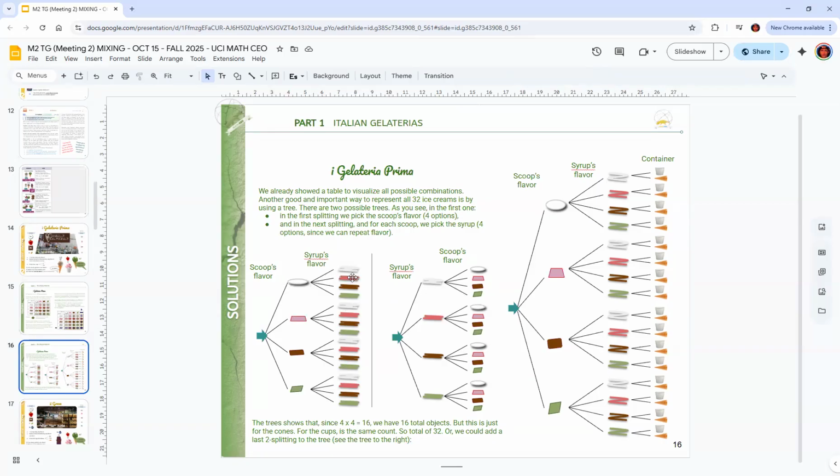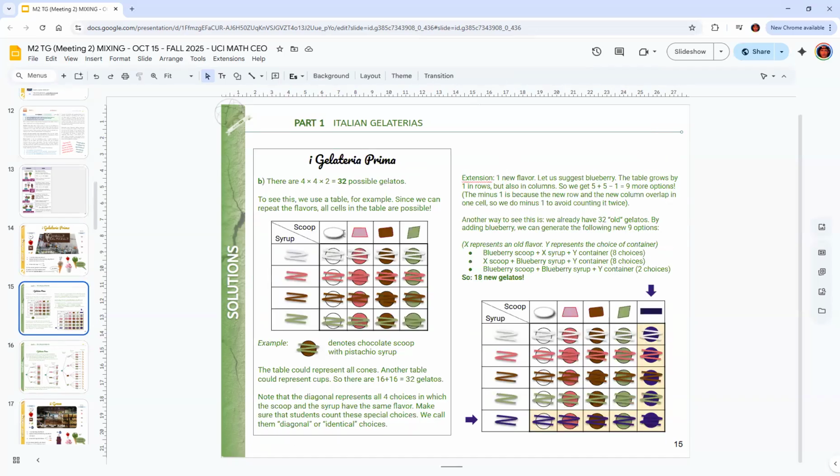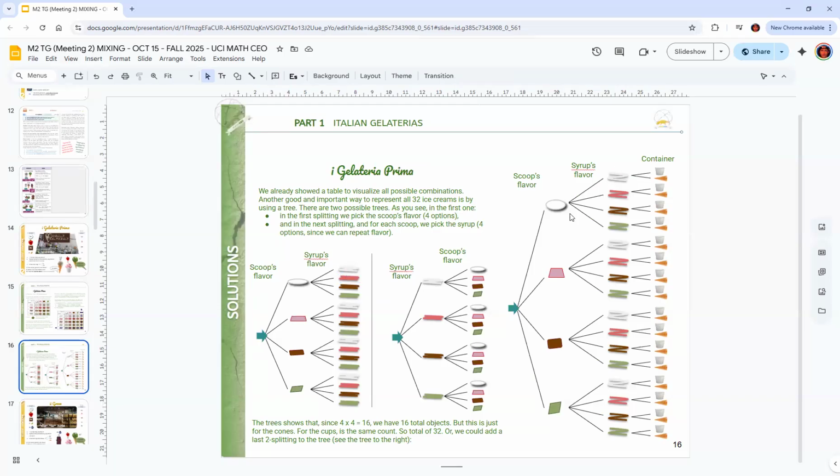For example, this branch here, it's here. It's not the same as this one, because you're switching the flavors of scoop and syrup, and that's important for a human, right? When they eat. Here's a nice thing about the tree that the table you couldn't really do, because you would have to be like a 3-dimensional table somehow. So put kind of one below the other, like 2 layers. But with the tree, you can. You just go to the right, and then you say,